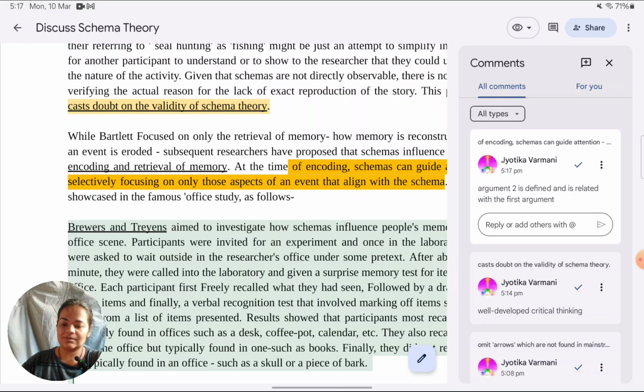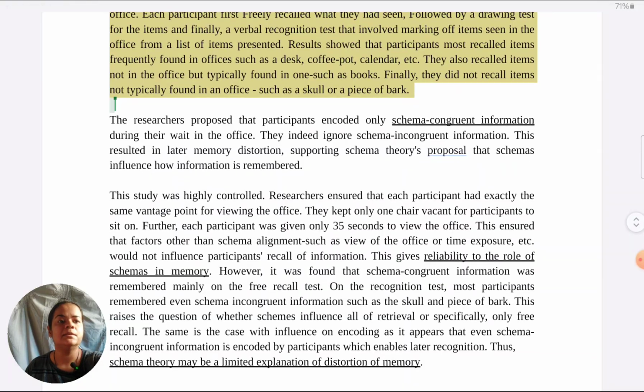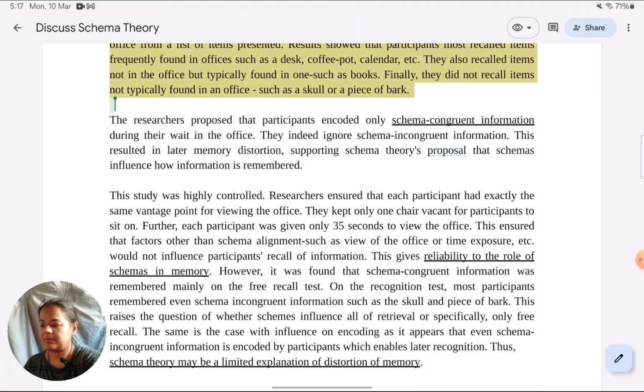Aims, procedure, results, conclusion. Again, that systematic format has been followed. I have nothing to add to that. What I've said for the previous study, same thing applies here. Now, there is a link back paragraph again,